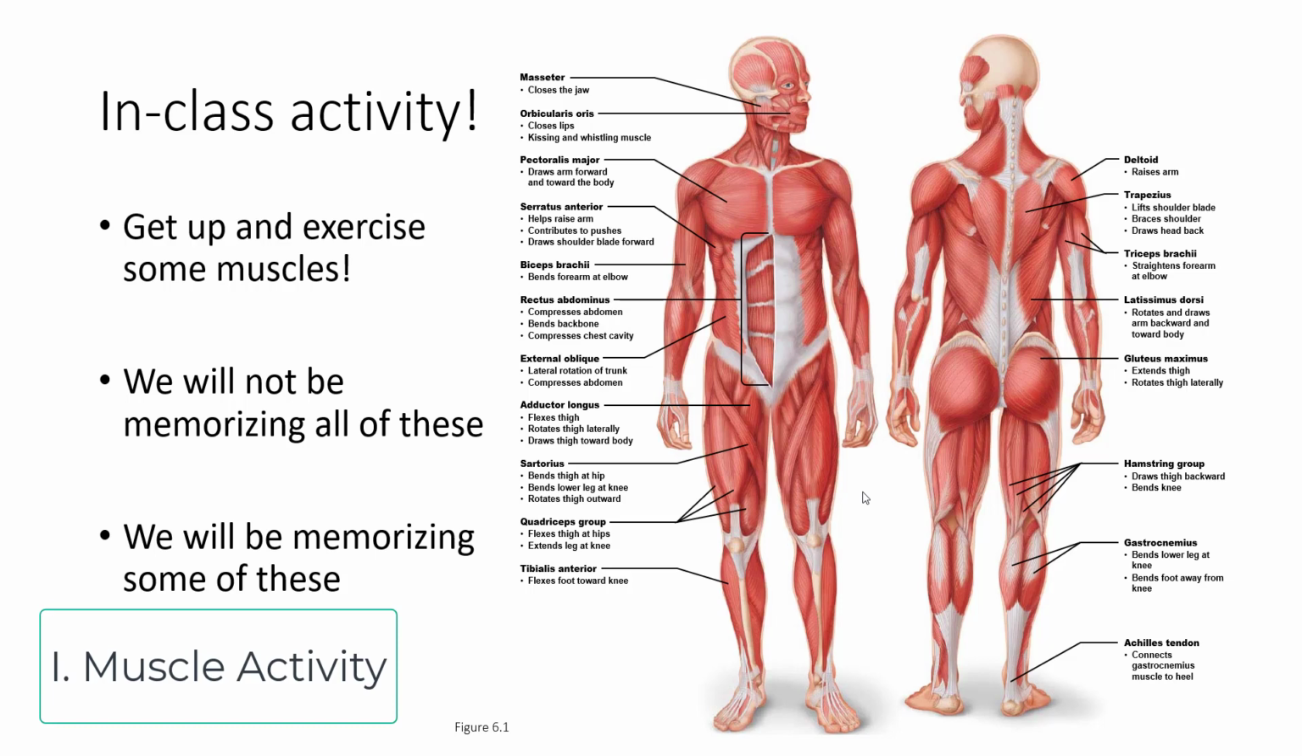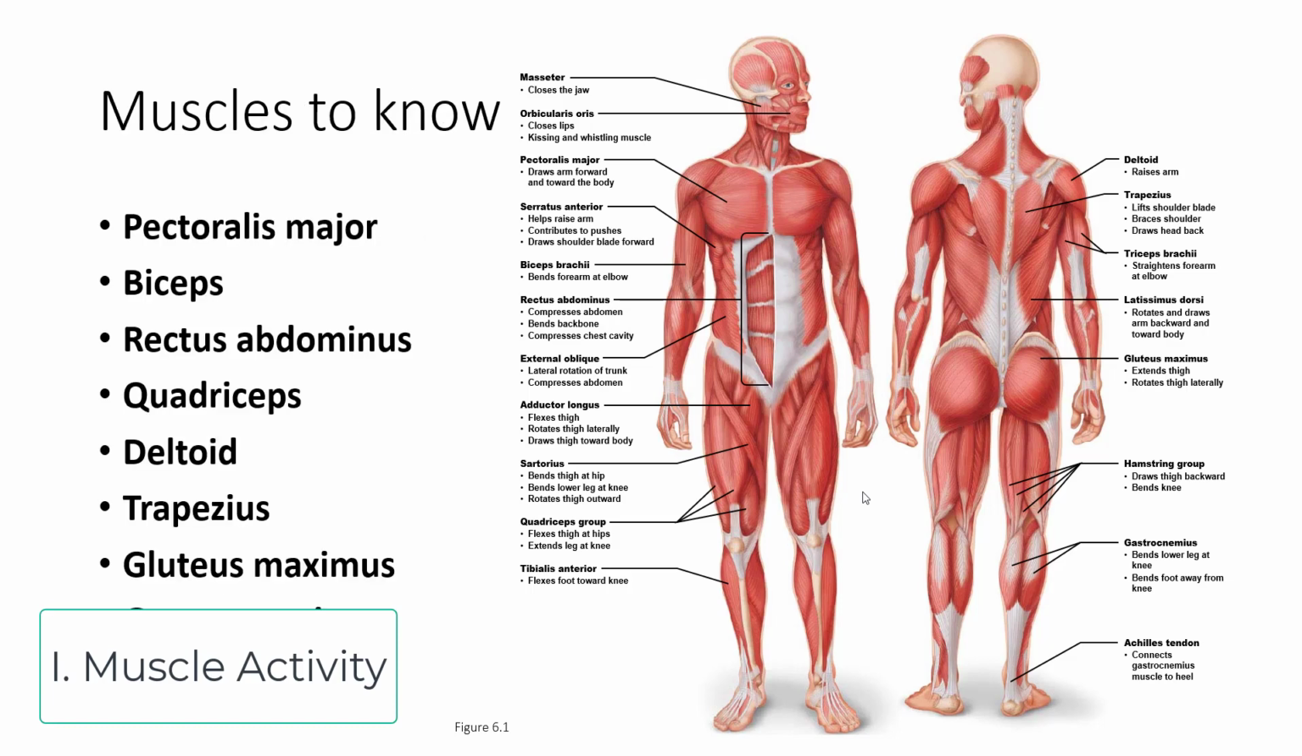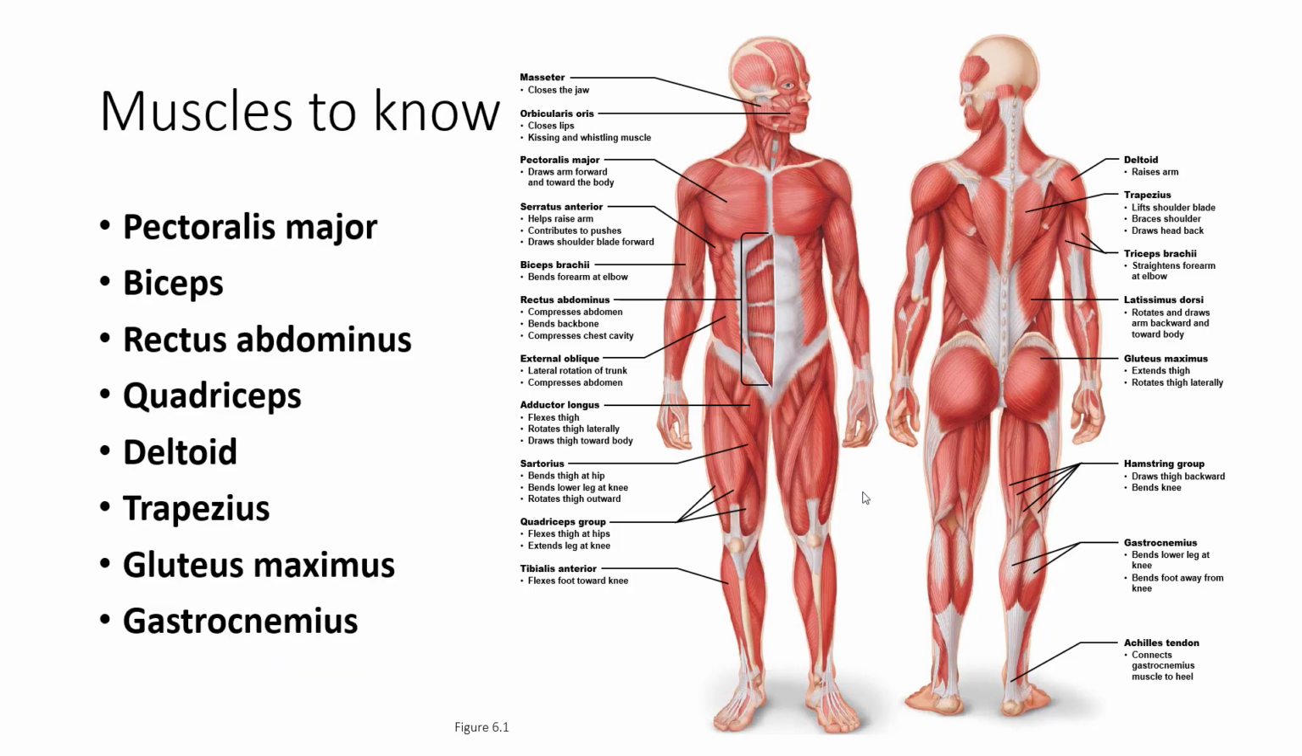For your plans, make sure to memorize the pectoralis major, which draws arms forward and toward the body, the biceps, which bends the forearm at the elbow, the rectus abdominis, which compresses the abdomen, bends the backbone, and compresses the chest cavity, the quadriceps, which flexes the thigh at hips and extends the leg at knee, the trapezius, which lifts the shoulder blade, braces the shoulder, and draws the head back, the gluteus maximus, which extends the thigh and rotates the thigh laterally,